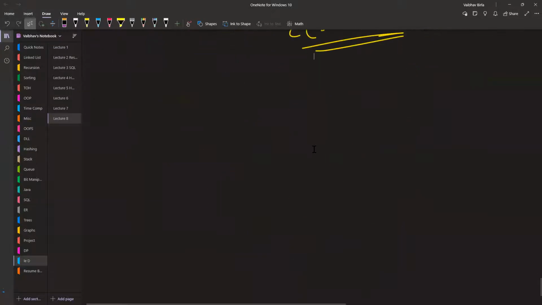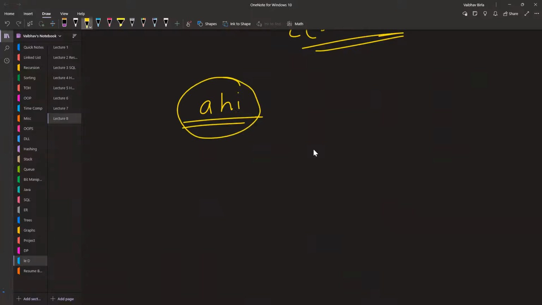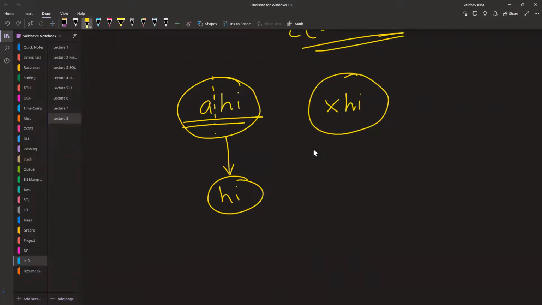Now, guys, I want to ask you one question. Let's say that I have an example where I have AHI. What do I want to do when I am getting AHI? I want to make a recursive call to just HI, right? I want to make a recursive call to this part only, है ना? Right? But similarly, if I have XHI, what do I want to make the recursive call for this part? No, I will make the recursive call for the part after high, है ना? Because I want to ignore this,